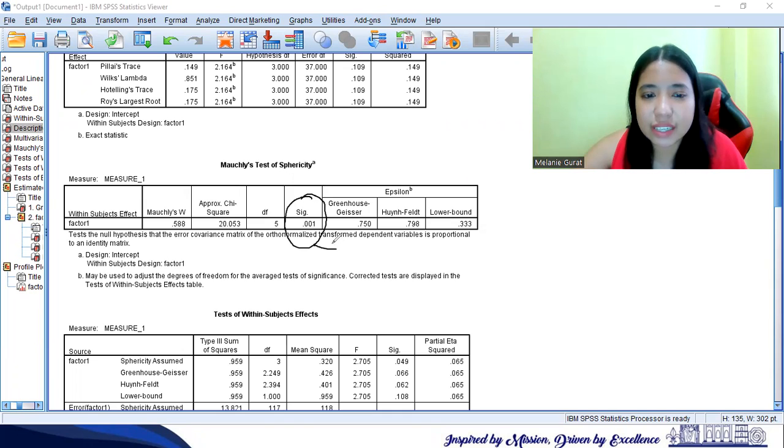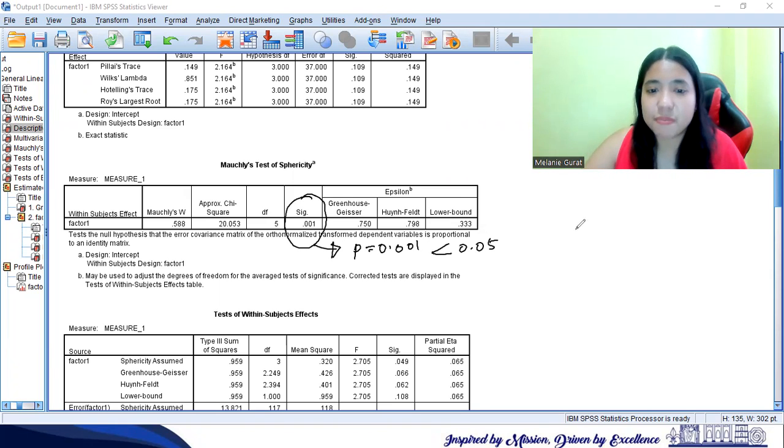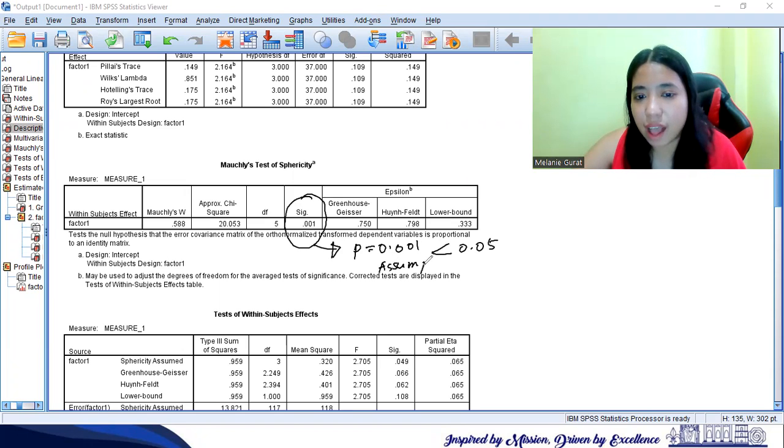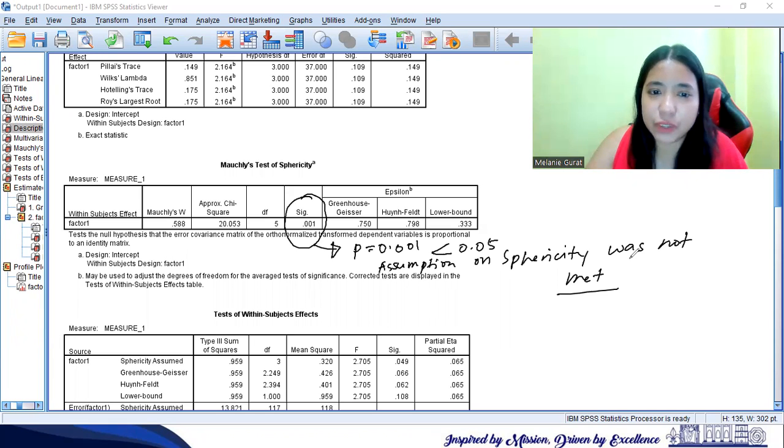So in this case, since P is equal to 0.001 and this is less than 0.05, it means that the assumption on sphericity was not met. But we highlighted again in our first video that we have, of course, some alternatives.